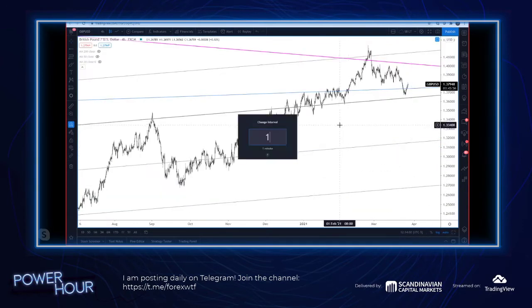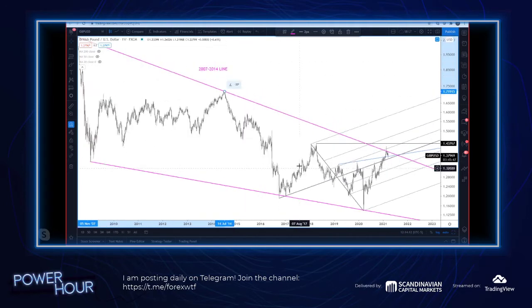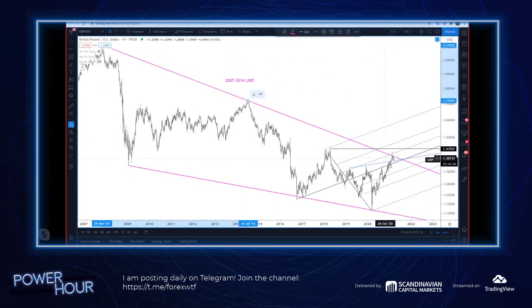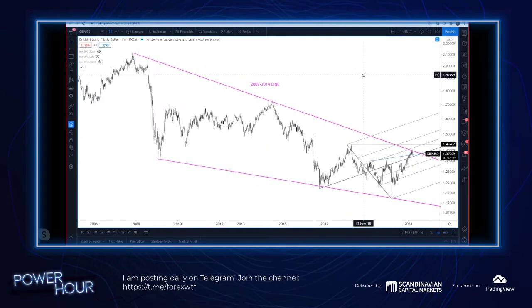Cable's in a very interesting spot, by the way, on a longer term basis. So if I throw up this weekly chart, let's see here, the 2007, 2014 line, that first go at it failed pretty hard, right? But if we break above that, man, that's a huge, huge break if we get something like that. So as I always say, resistance is resistance until broken. Support is support until